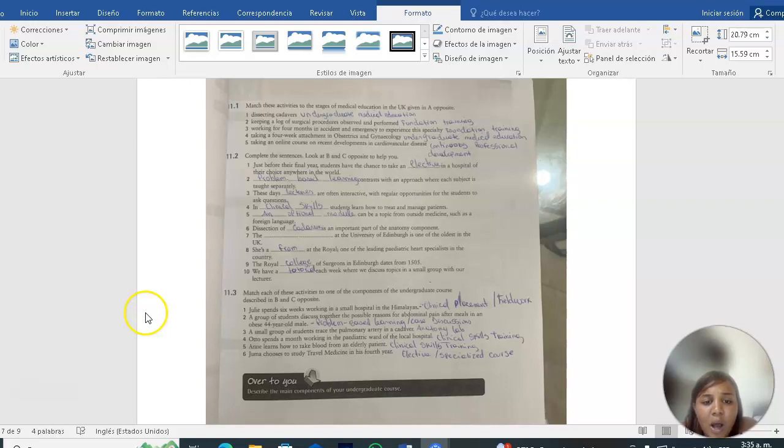She's from the Royal College of Surgeons, the leading pediatric heart specialist in the country. The Royal College of Surgeons in Edinburgh dates from 1505. We have a total